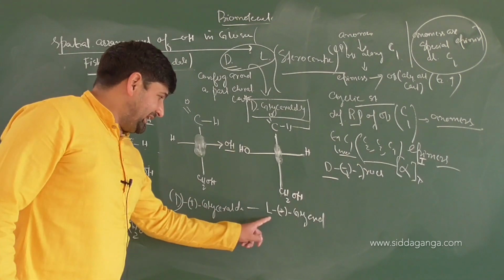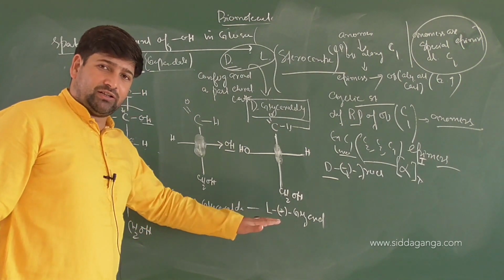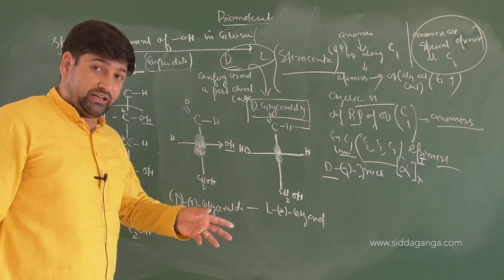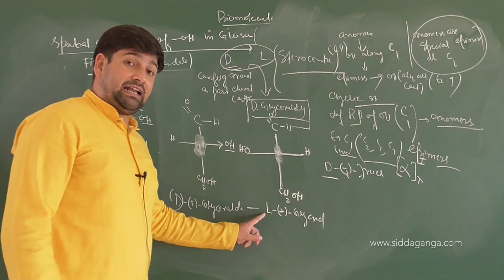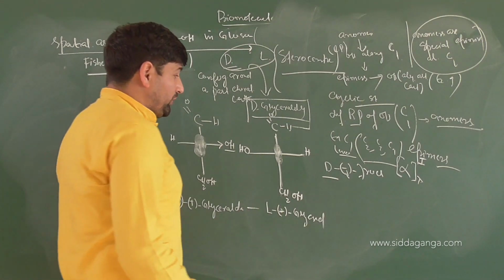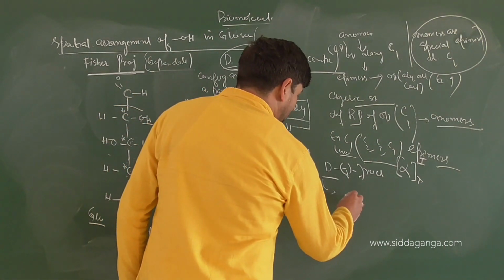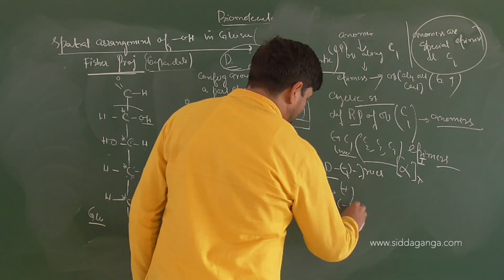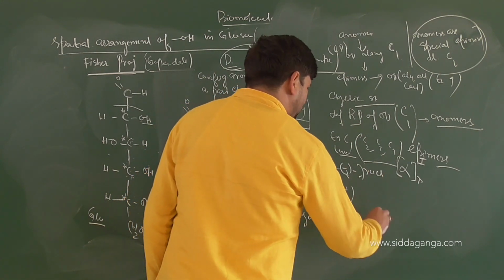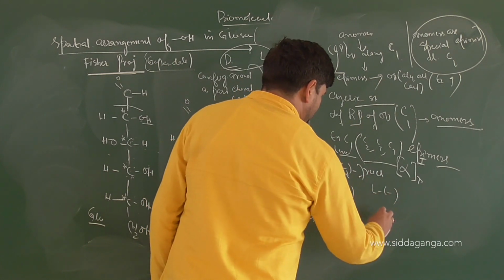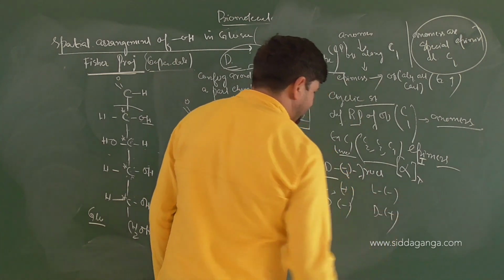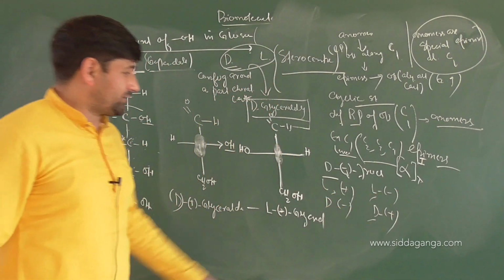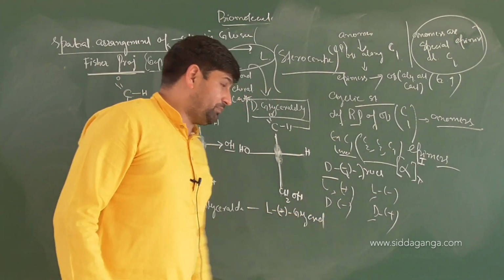So this D and L, capital D and capital L, has nothing to do with optical activity. Capital D can be negative, meaning levorotatory, and capital L can be dextrorotatory. So we can have a substance which is L, but at the same time it can be plus. We have a substance which can be D, at the same time it can be minus. But we can also have substances which are L, which are levorotatory, and which are D, which are dextrorotatory. But it has nothing to do with optical activity. Optical activity is determined by small d, small l, or plus and minus.